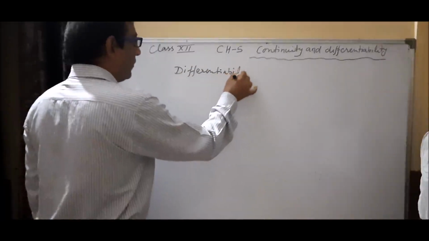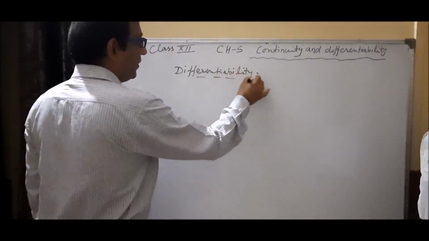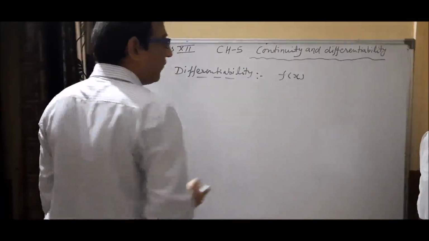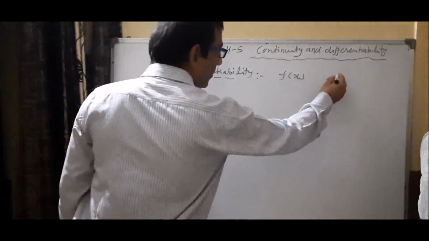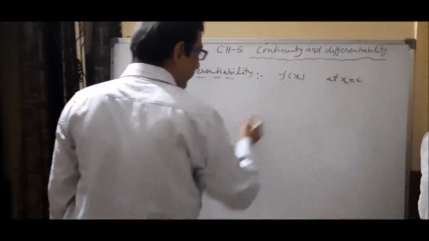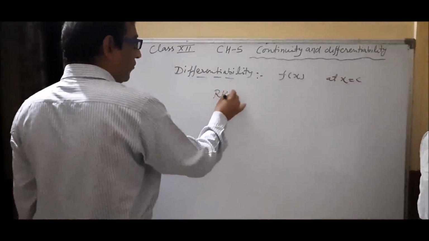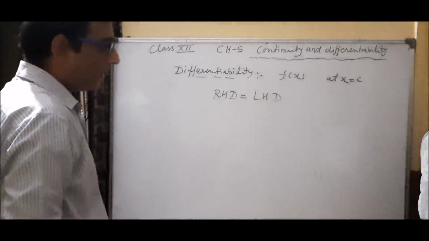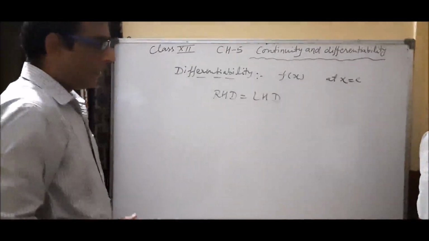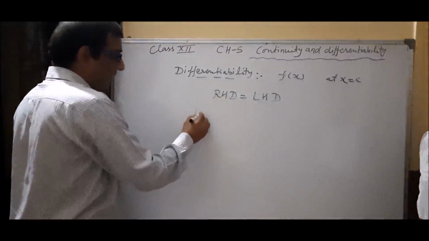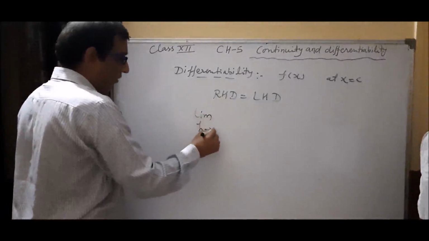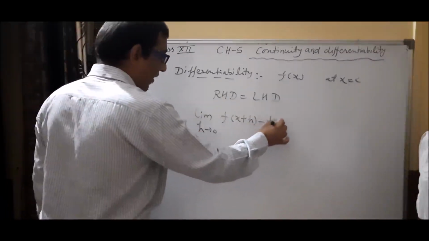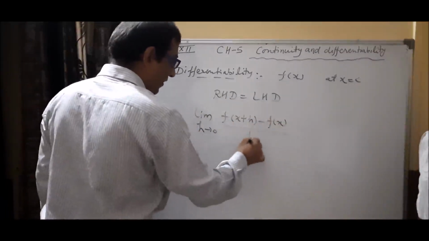So what is the meaning of differentiability? We can say a function f(x) is differentiable at point x equals c if RHD equals LHD. RHD means right hand derivative and LHD means left hand derivative. RHD can be written as limit h approaches 0 of [f(x+h) - f(x)] upon h,